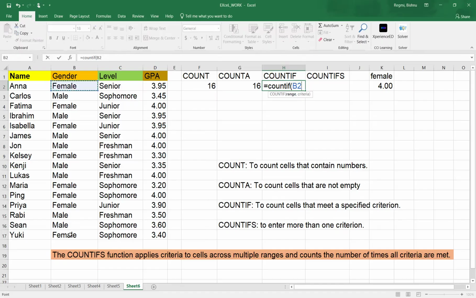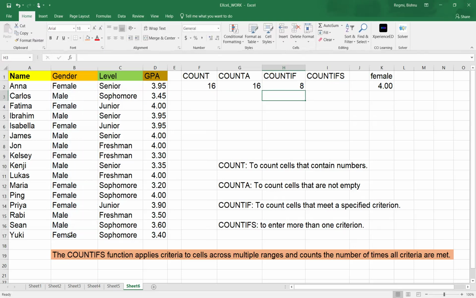So you select this range and then comma and then inverted comma. What we want to look for is female students, female. You have to write it under inverted commas, and then you close the parenthesis, and it will give you the